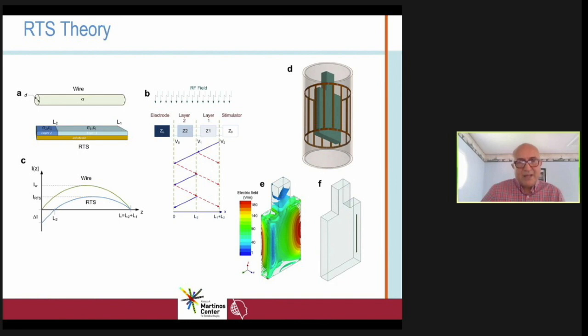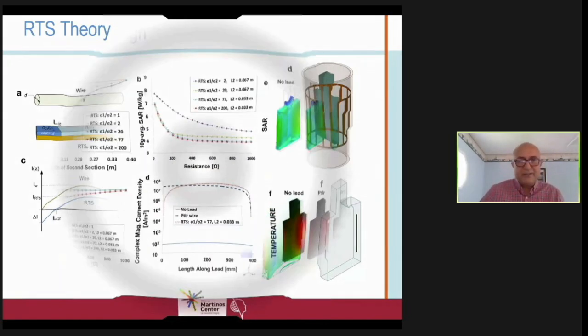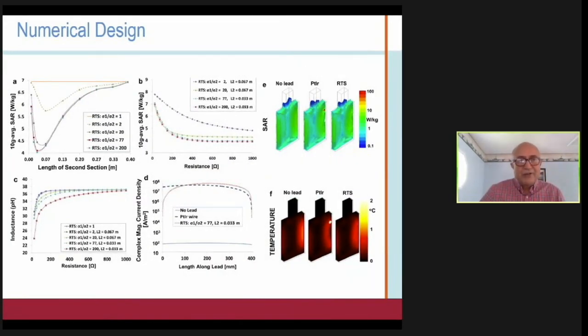And the design was done using what is called the ASTM phantom, which is the standard phantom used in safety measurements. So we basically designed